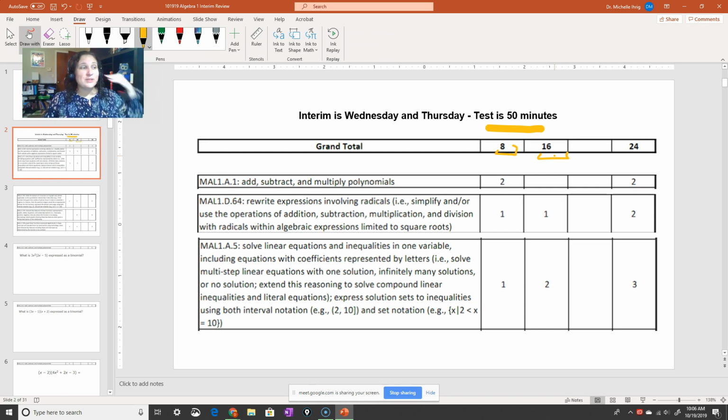Now, Mr. McCurley, who is a geometry teacher, I stole his idea. What he did for his students is he picked the standards or topics that had the most questions coming up on the test. That way, hopefully if the kids got those right, they'd get everything else right too. So that's what we're going to look at. We're going to look at 5 different standards. There's a bunch of questions.